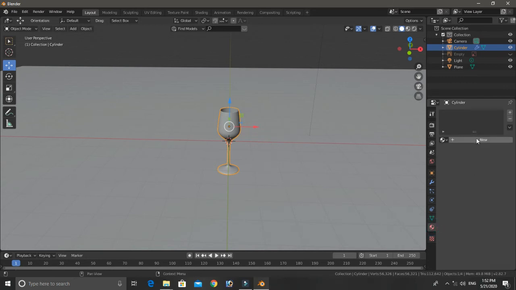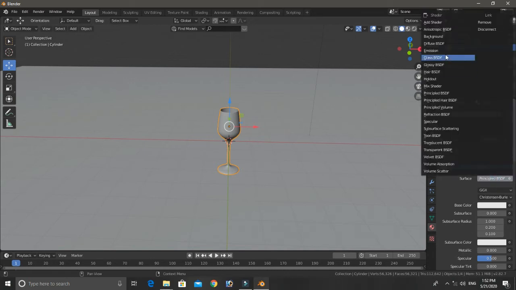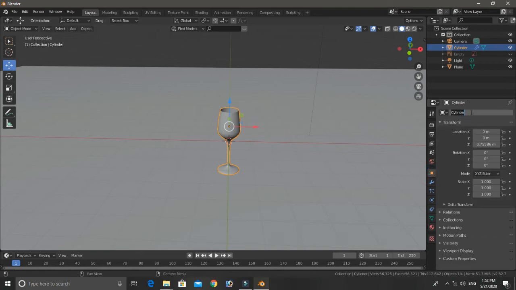Now go to the material tab and add a material for the mesh, and rename it. Change the surface to Glass BSDF. Renaming the mesh is a good habit for your model.